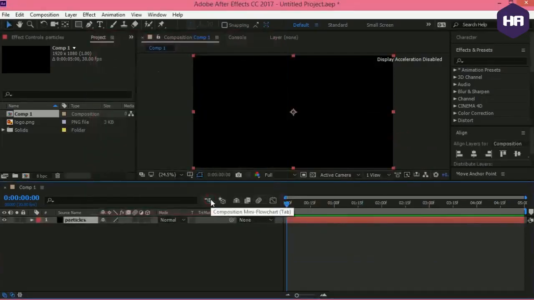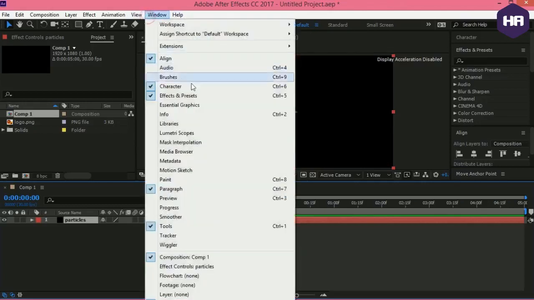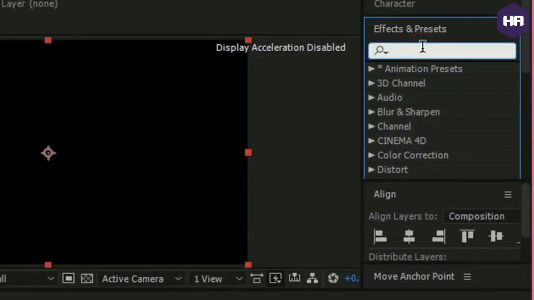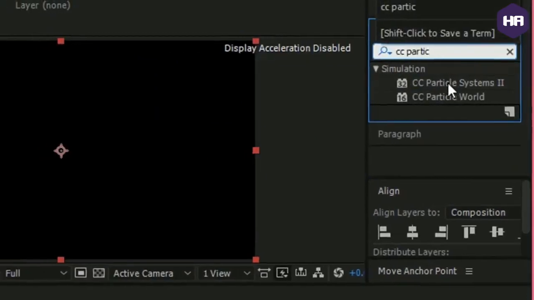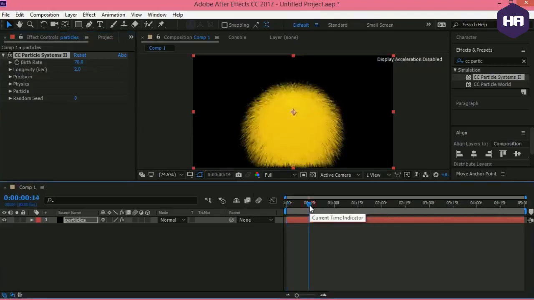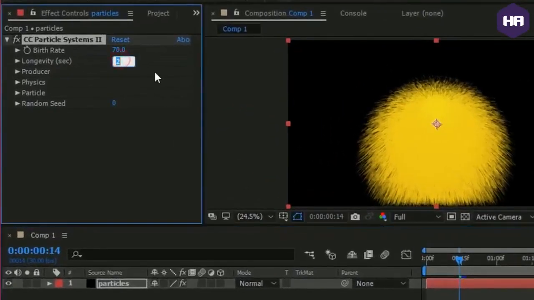And go to Effects and Presets. If you don't see the Effects and Presets tab, go to Window and check Effects and Presets, and search for CC Particle System 2 and double click it to apply it on the particles layer. Go to the Effect Controls and change the birth rate to around 70, and go a few seconds forward so you can easily see the animation, and change the longevity to 0.3